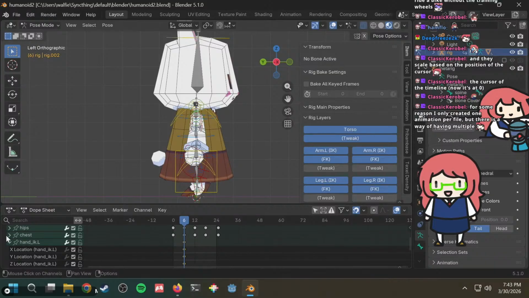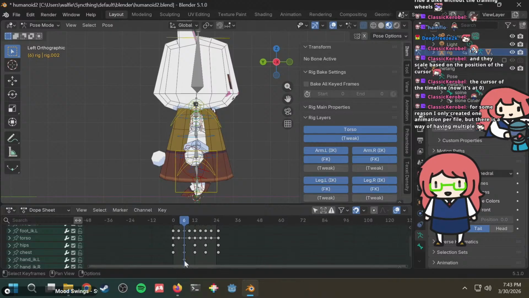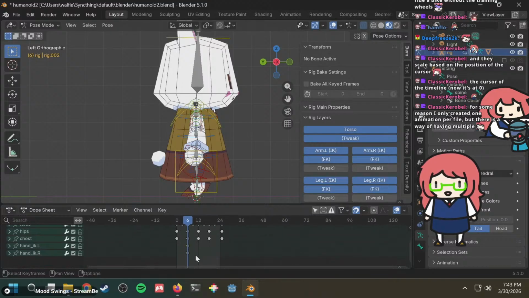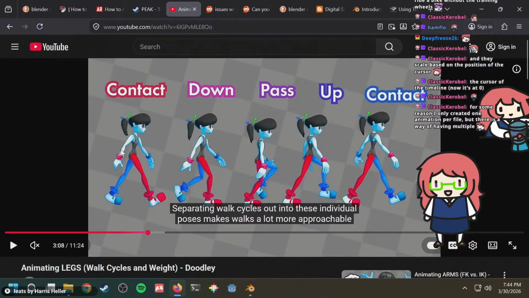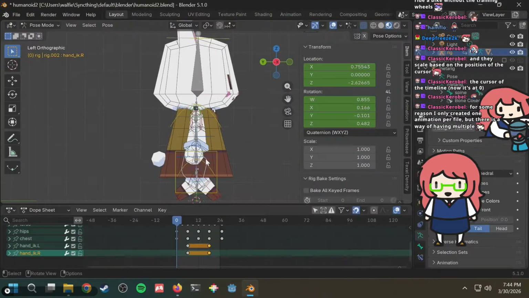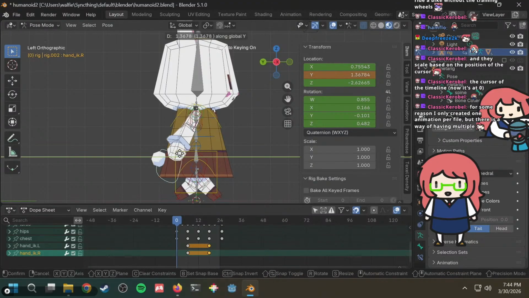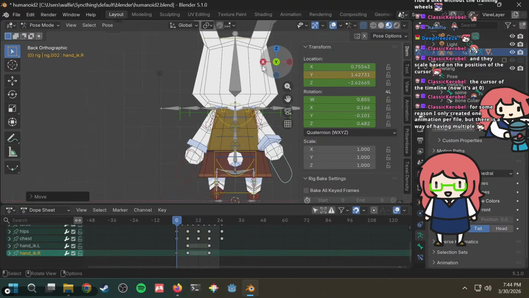Alright, so this is here, and then you would like to copy this as well to this one. Alright, then what? Then you go back here. The contact pose, you want this hand to be back like this, and perhaps rotated slightly.